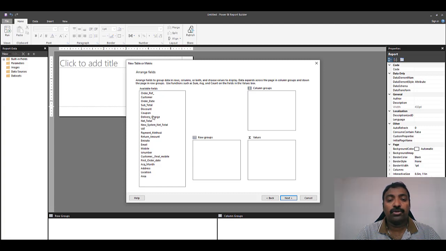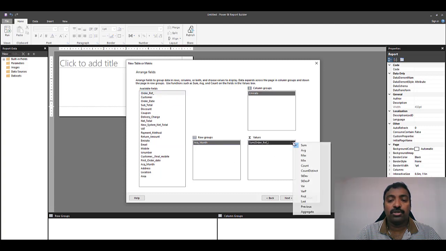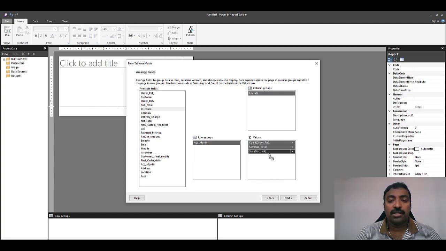So here I am going to use the acquired month as the row group. You can drag and drop it, and for the column group you can use emirate, and for the values you can choose any of the values. So I am going to choose order reference, and I am going to make it count of orders, and if you want you can also take the subtotal and make it sum of subtotal. Let's also take the discount. So we have added 3 data fields here and 1 column group and a row group, and click on next,